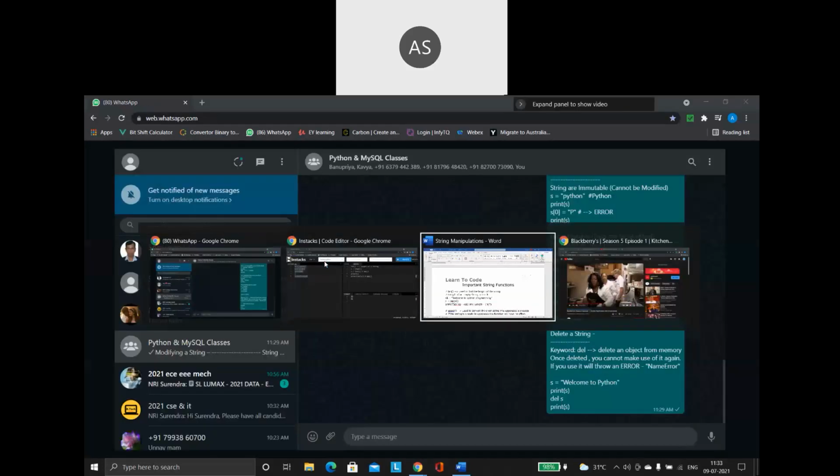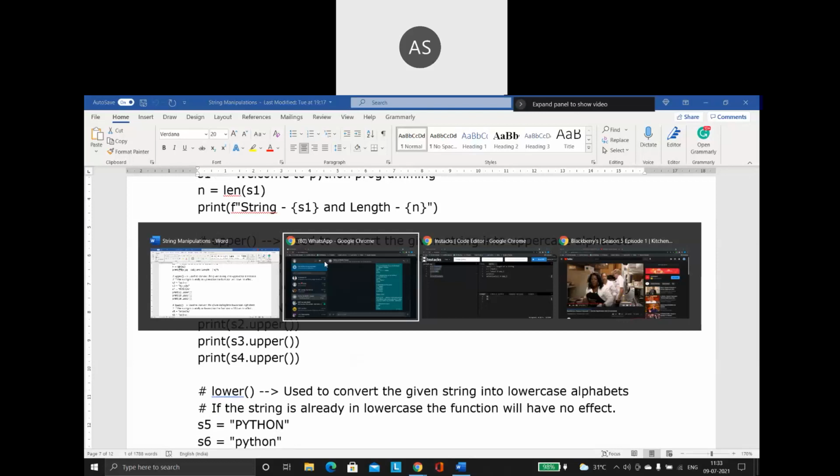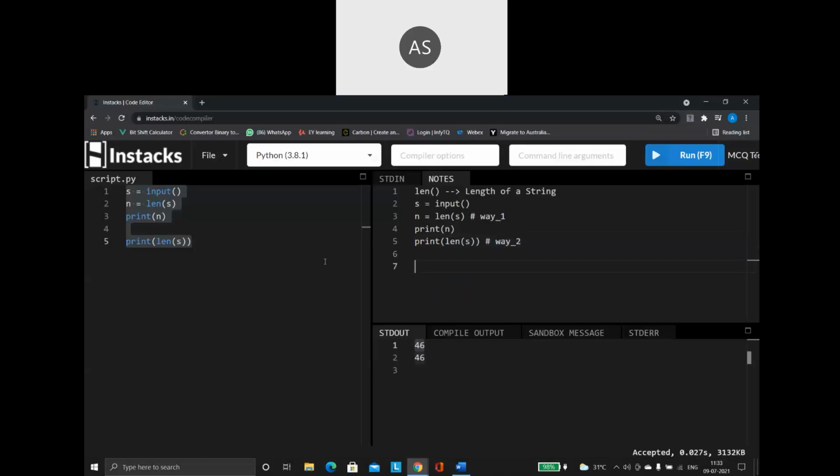Now what is the next function? I have a function which is called upper. What is the use of upper? It converts the string into uppercase letters. So the purpose of the upper function is to convert your string into uppercase letters.